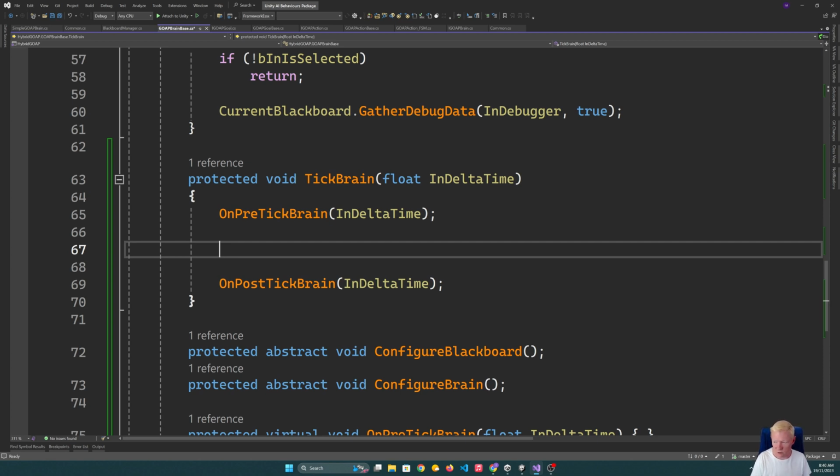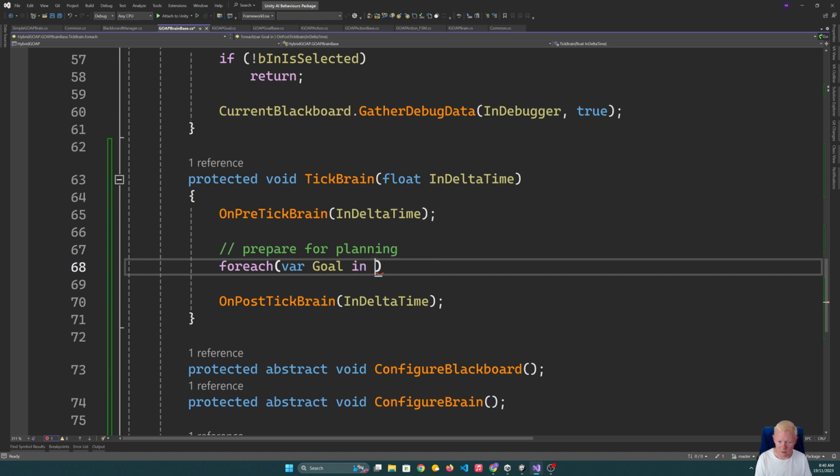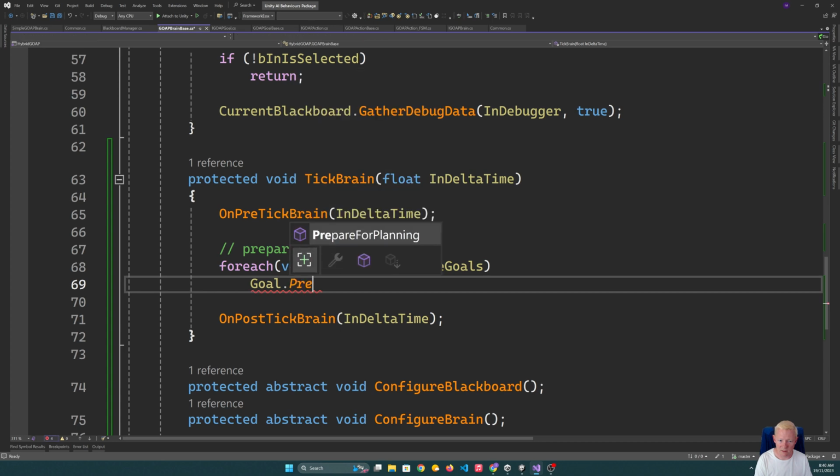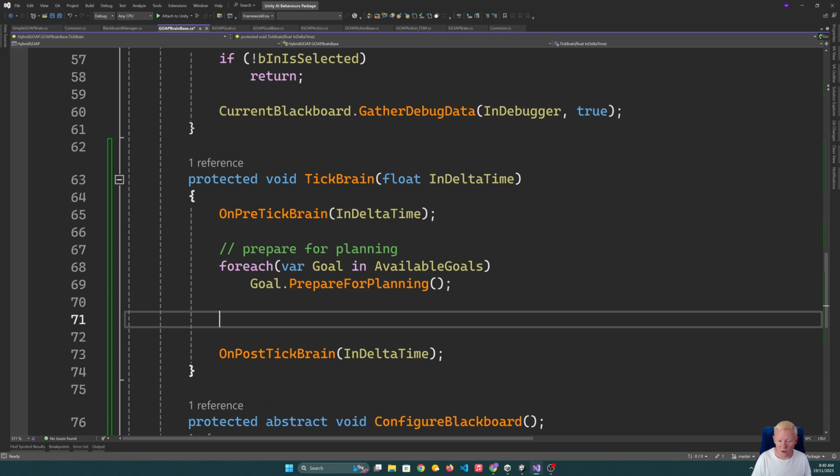First thing I want to then do is let all of our goals update their priorities. So we prepare for planning. So for each goal in our available goals, we will tell it to prepare for planning. So now all of the goals will have calculated their priority, which will also determine if they're going to be able to run. So what I would do is sort the goals